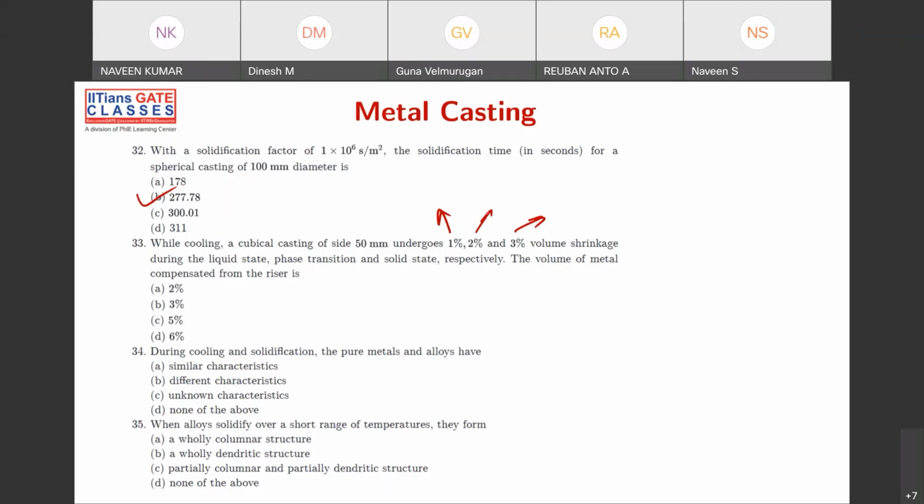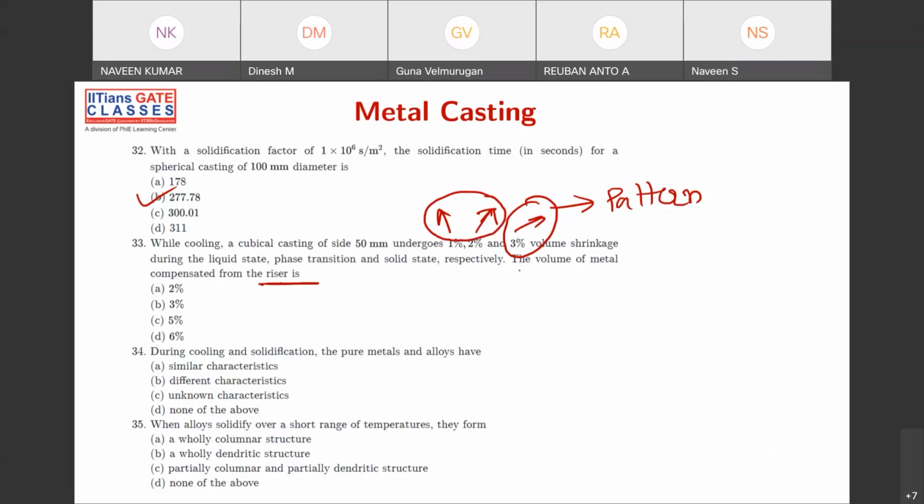So I clearly told, no, Praveen, here the volume that is compensated for riser, what is the answer? Obviously, this is not the answer. Why? This is for pattern, because already it has become solid. So 3 is not the answer. And we know that this 2,